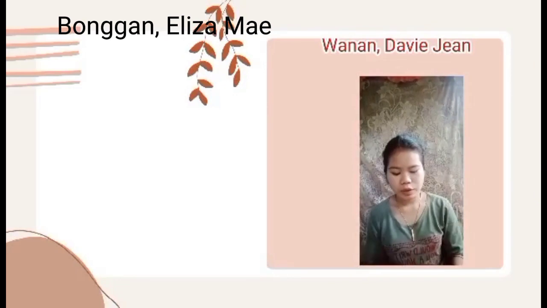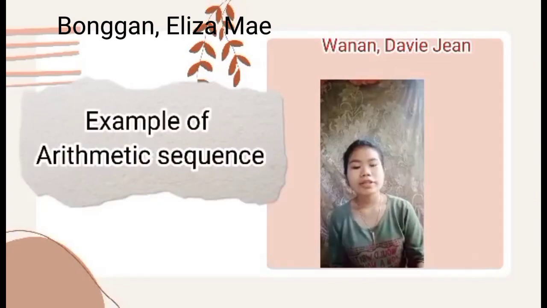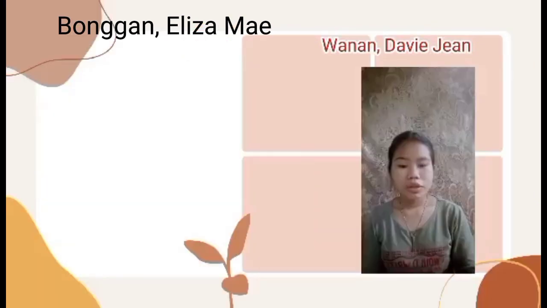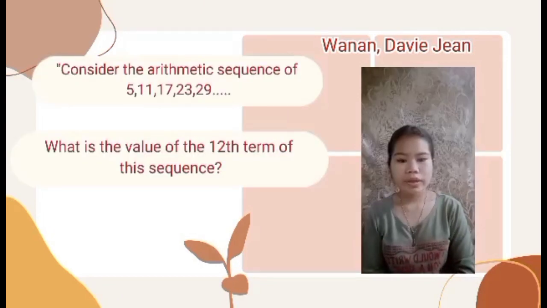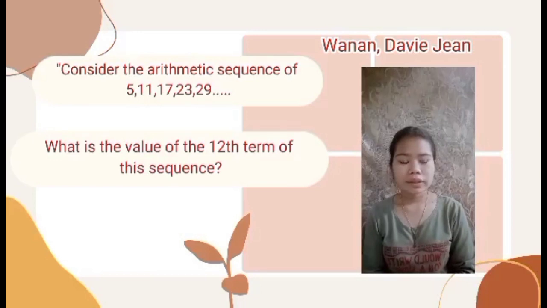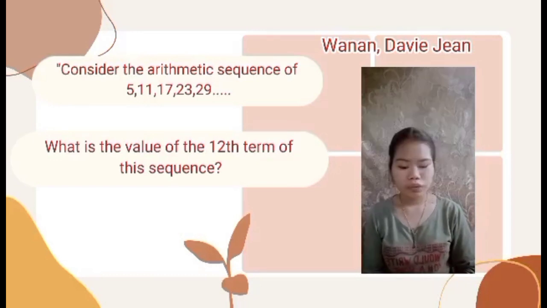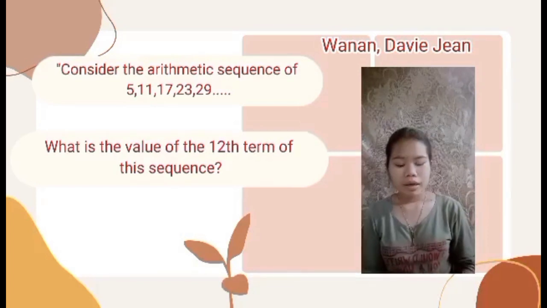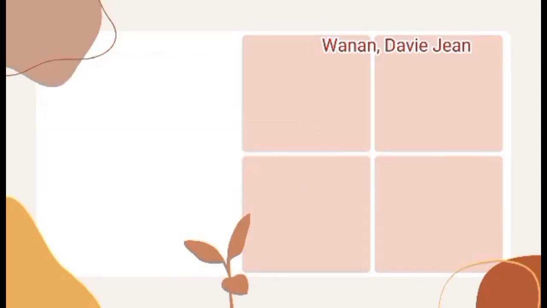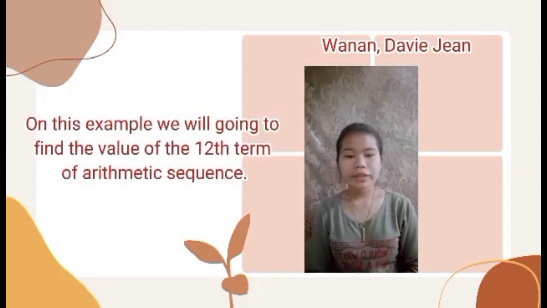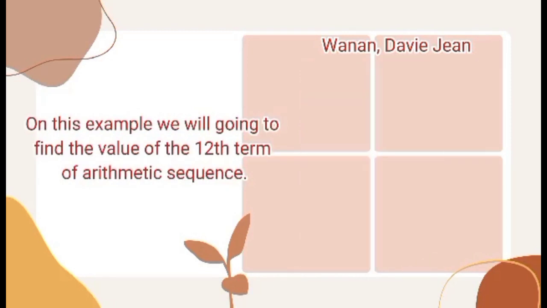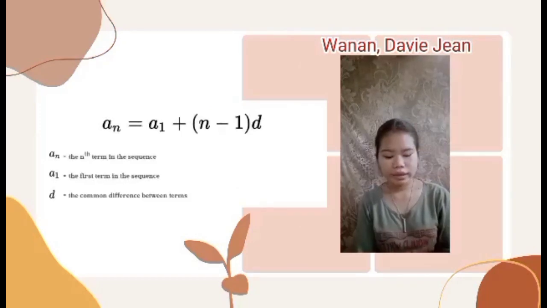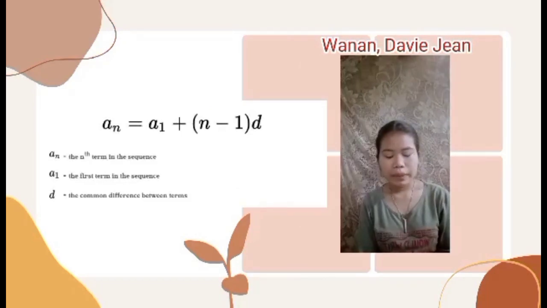Hello everyone, so I'm going to show you another example of arithmetic sequence. Consider the arithmetic sequence of 5, 11, 17, 23, 29, and so forth. So what is the value of the 12th term of this sequence? In this example, we are going to find the value of the 12th term of an arithmetic sequence using the formula a sub n equals a sub 1 plus